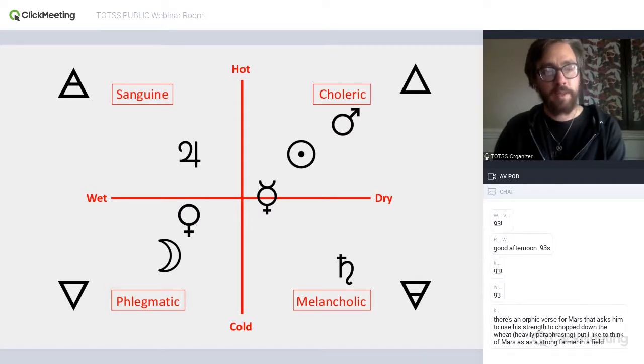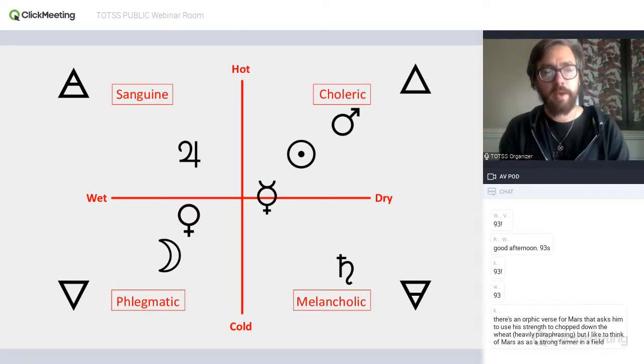Then we have the phlegmatic temperament, which is cold and wet, just like water is cold and wet. And so we have both the moon and Venus as phlegmatic. The moon is definitely phlegmatic. She varies somewhat depending on her cycle, so she can warm up somewhat and dry out somewhat depending on which phase she's in. But she definitely tends towards the phlegmatic. And we think of the moon in general as phlegmatic. Then Venus is definitely wet, and usually there's a little bit of variation, but generally considered somewhat cool.